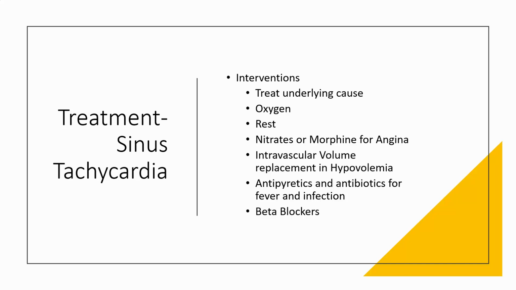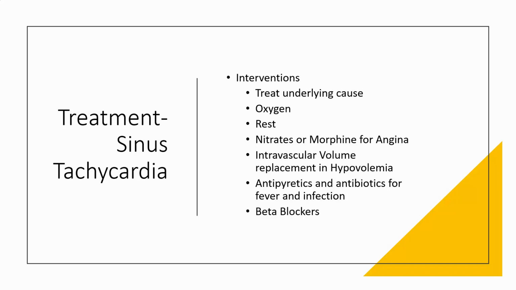Morphine helps with the pain. The other great thing about morphine, and why we like to give it more than anything else for cardiac issues, is because it actually decreases myocardial O2 demand. So it helps them out that way. If we think they have sinus tach because they don't have enough volume, then let's give them some volume replacement. If we think they have sinus tach because they have an infection, then let's treat the infection and give them something like Tylenol. If we can't figure out exactly what is causing it, and some people just have sinus tach and we can't figure out an underlying cause,